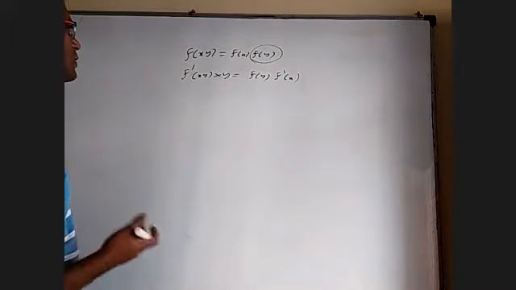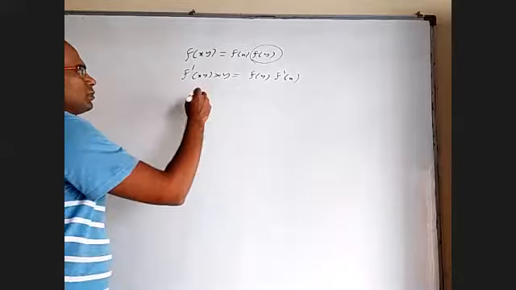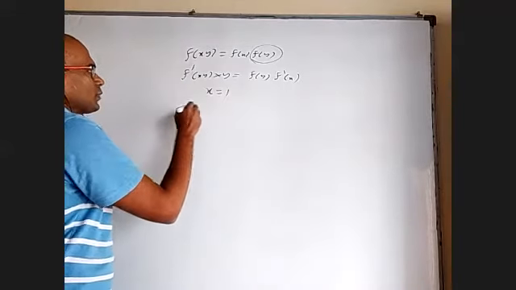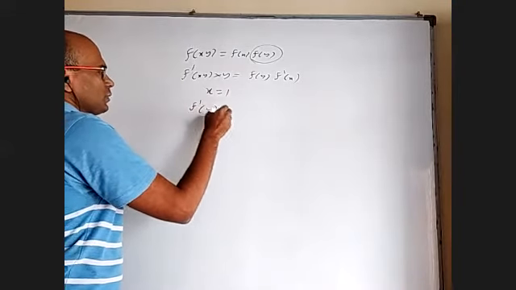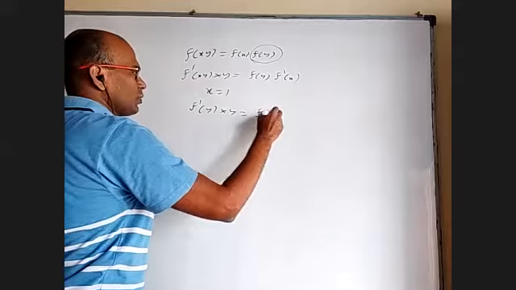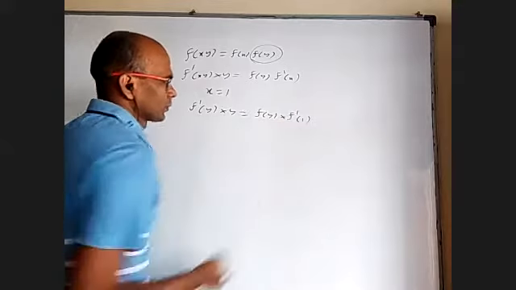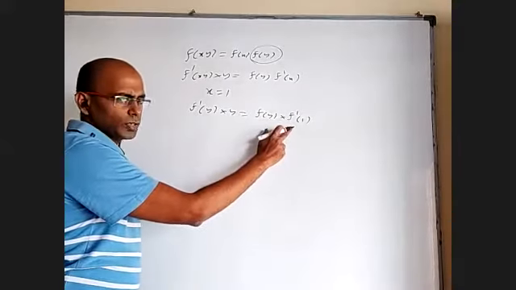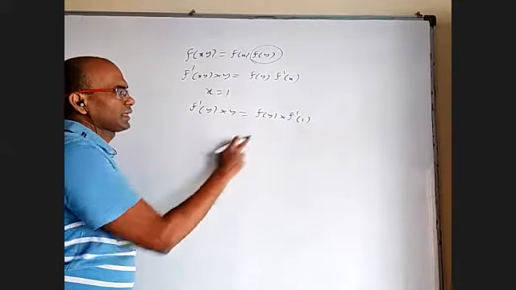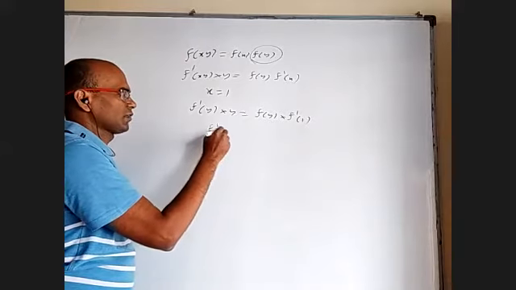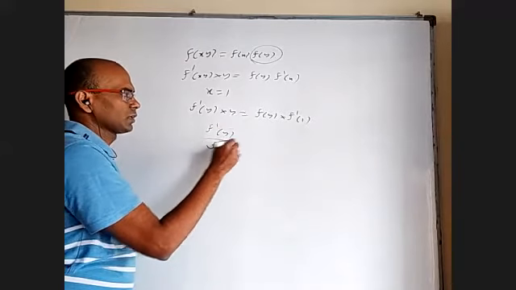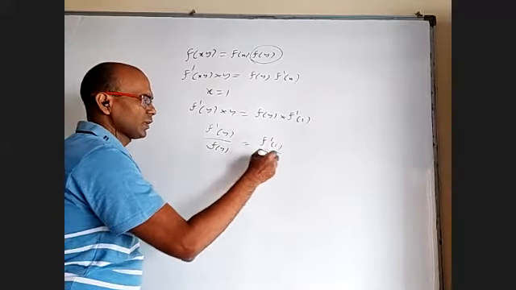I can also put x equal to 1. Okay, let us put x equal to 1. I'll get f dash y into y equal to f of y into f dash 1. F dash 1 is some constant k. I bring the f of y down. We got f dash y by f of y is equal to f dash 1 by y, which is some